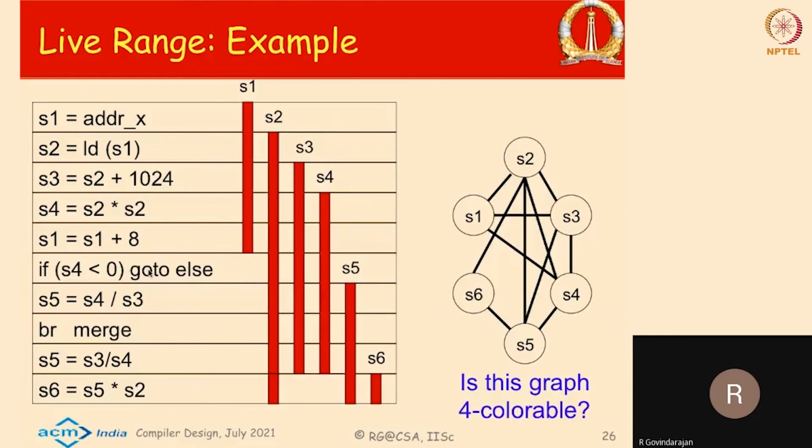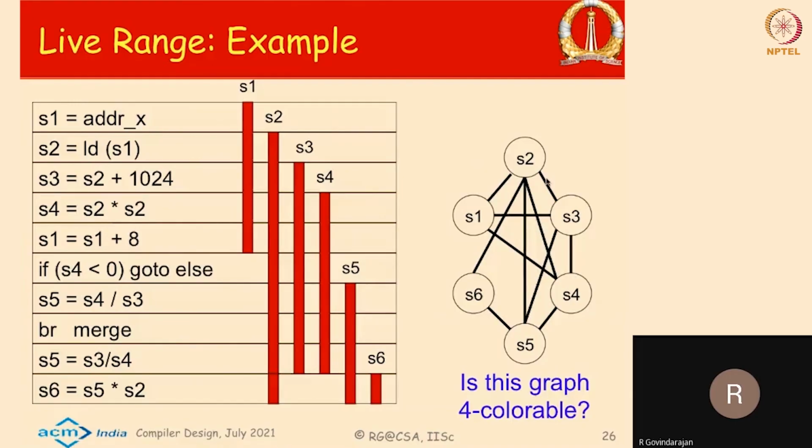For example, if you take variable S2, you can see that S2 interferes with S1 because S1 is live when S2 was defined. Similarly, if you look at variable S3, S2 was live when S3 is defined, and therefore S2 and S3 interfere. So are the cases for S2 and S4, S2 and S5, and S2 and S6. So if you look at variable S2, it interferes with everyone, and therefore there are edges from S2 to every other node in the graph,